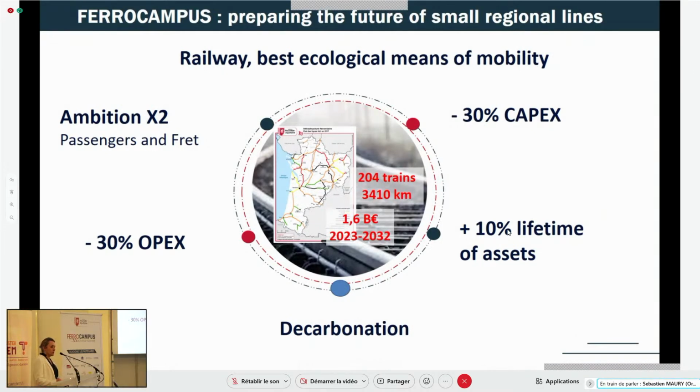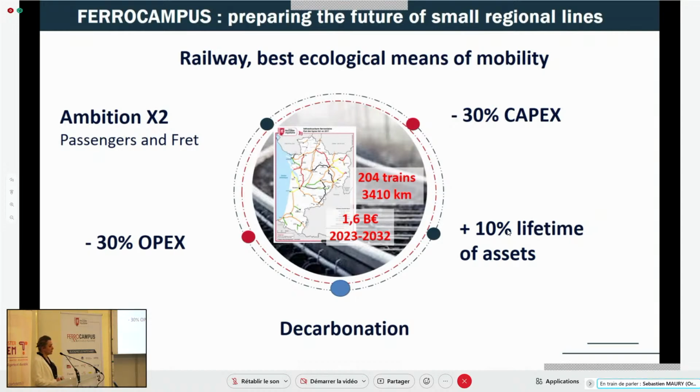And the other point is, even if railway is the most ecological means of transport, it's not enough, and we still need to work on decarbonization. So this is the main target. As you can see,